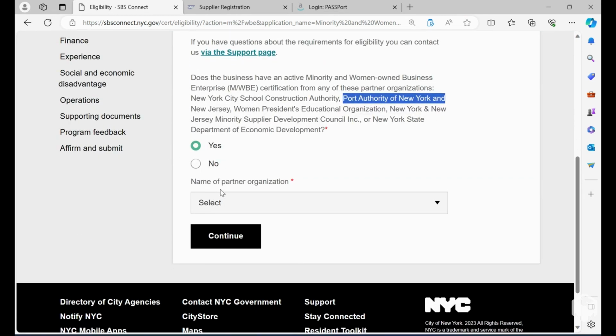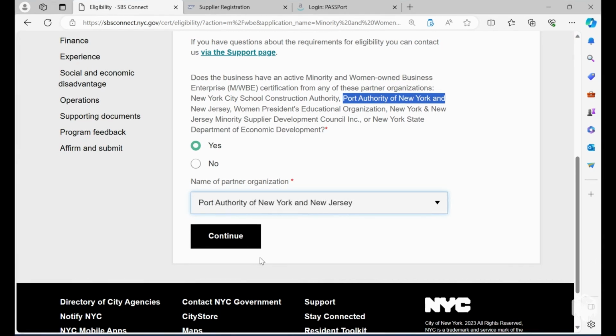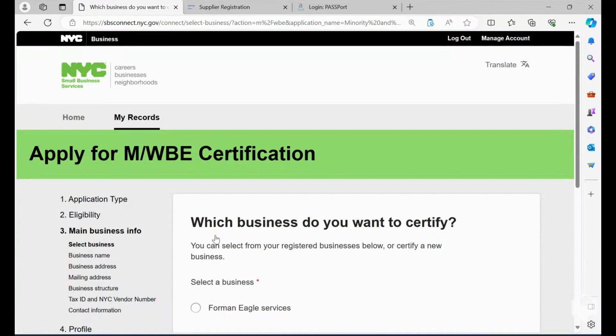So you're going to click name of the partner organization, and I'm going to scroll down to the Port Authority of New Jersey and hit continue. Now, it's okay if you do not have a certification with another entity. If you don't, you want to select the first one.